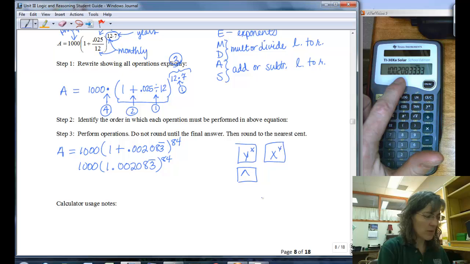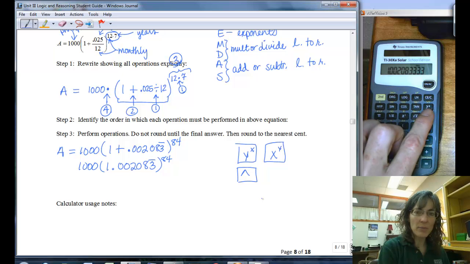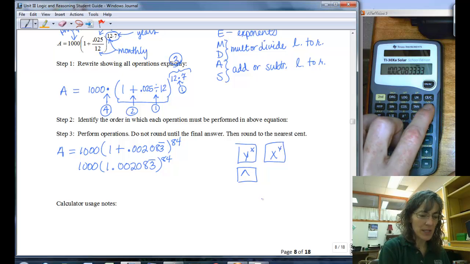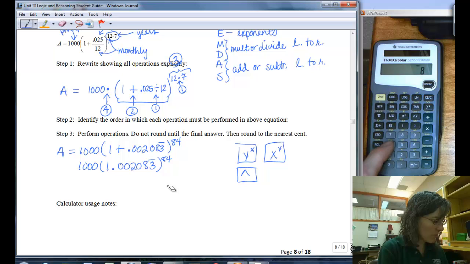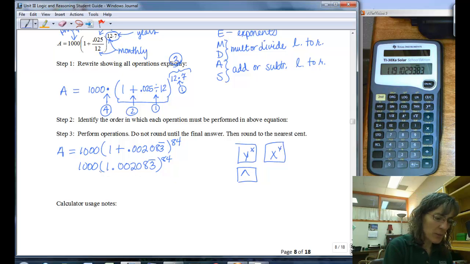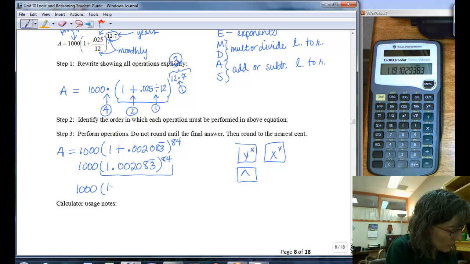So I'm going to leave the 1.00208 3 repeating sitting on my calculator, and then do to the power. So that's what I'm pushing this key for. And I want it to go to the 84th power here. So I'll type in 84 and push equals. So now I've handled this part right here. So I have 1,000 times the quantity